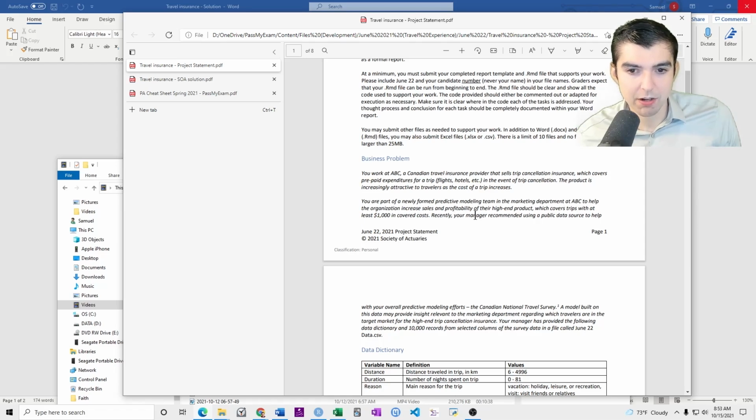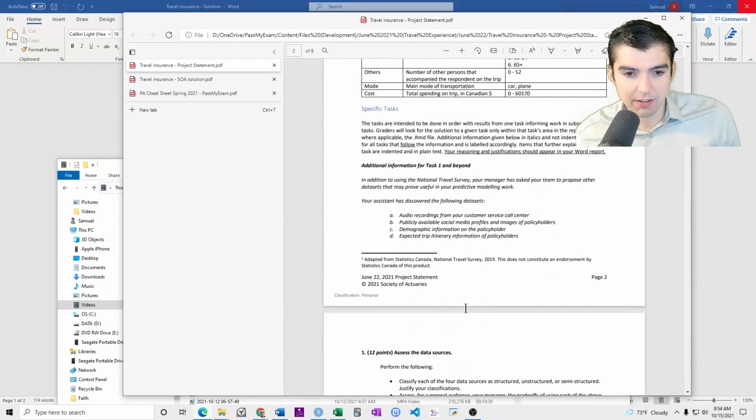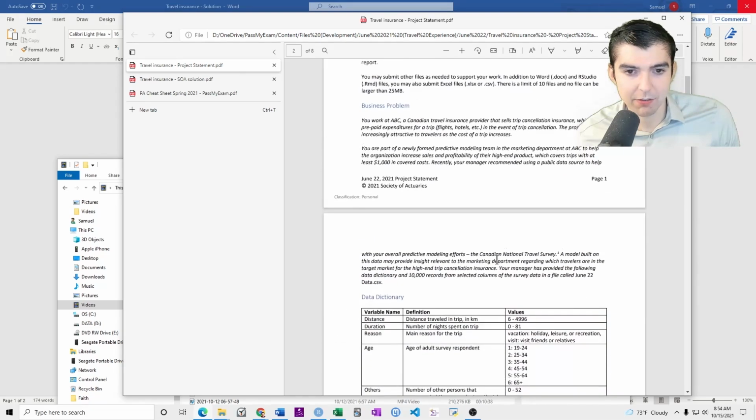Recently, your manager recommended using a public data source to help you with overall predictive modeling efforts, the Canadian National Travel Survey. And then there's a footnote, and it says, adapted from Statistics Canada, National Travel Survey 2019. This does not constitute an endorsement by Statistics Canada for this product.